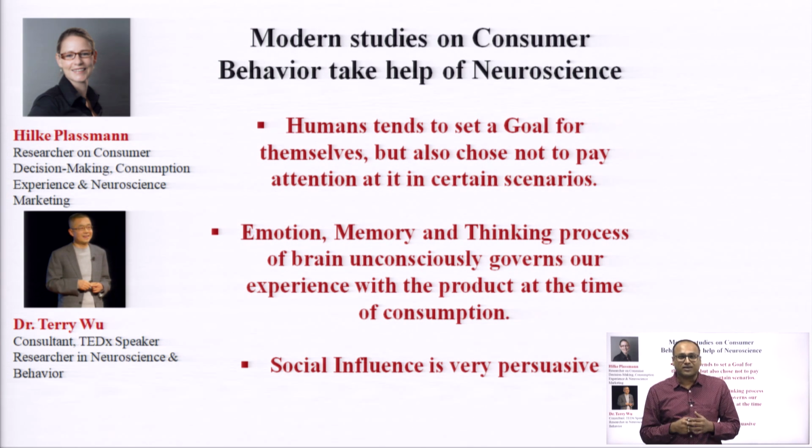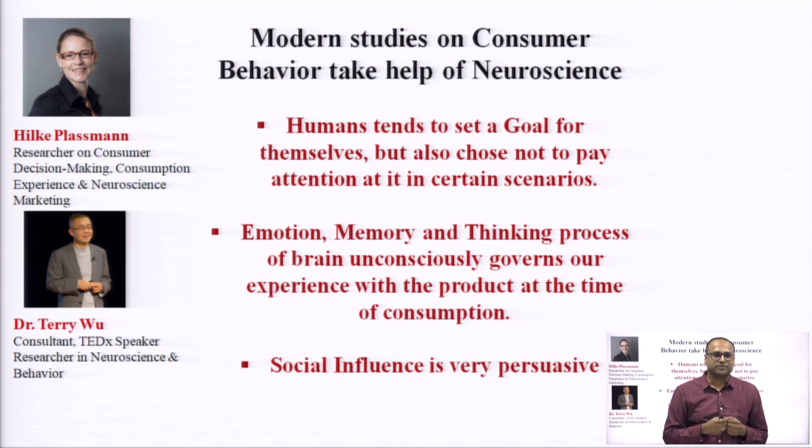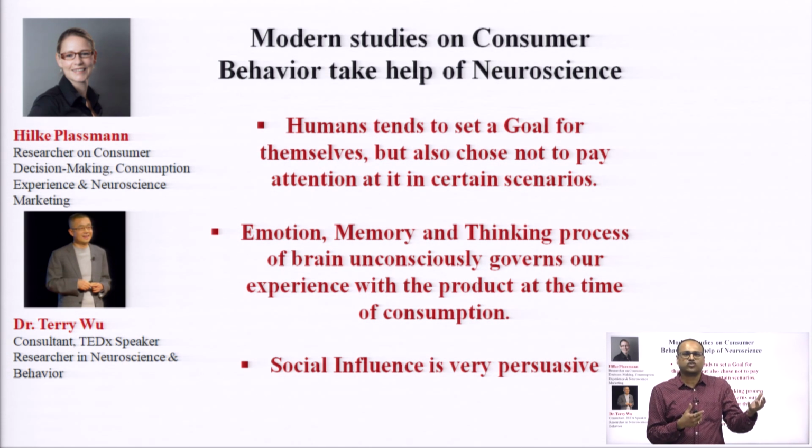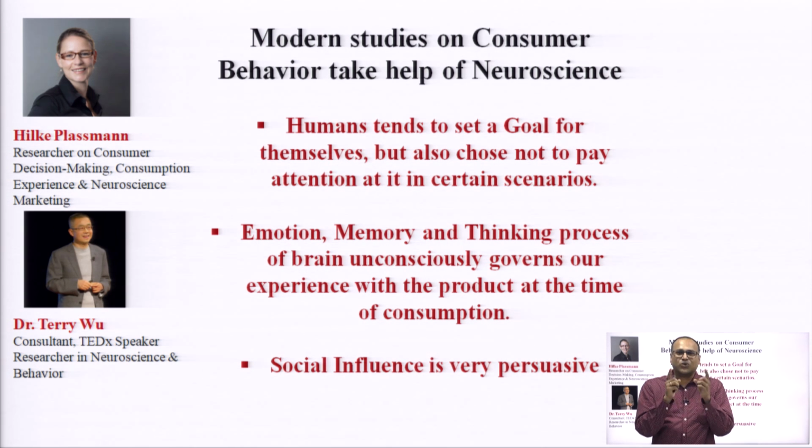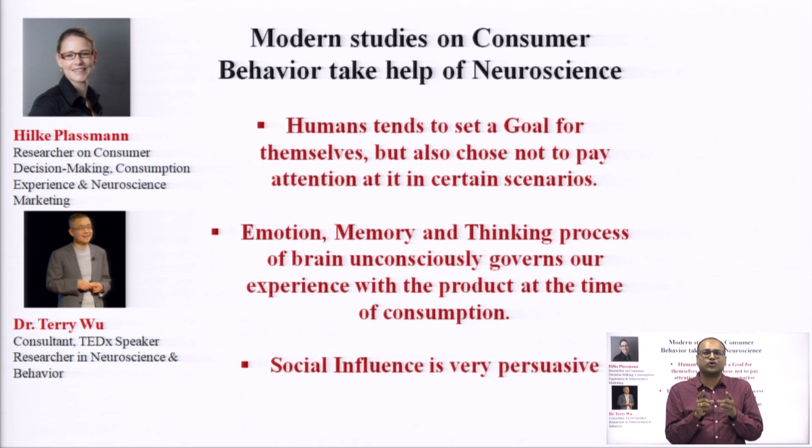What is the ignoring part? Let's say you go to a function, a family function, a marriage or something, and you find some very lucrative, exotic food items there. You couldn't avoid noticing it. Once you noticed it, you wished you could have it. Now you have a goal to stay fit, and you have seen an exotic dish you want to have. At this point you are trying to ignore your goal, you go toward the counter where that exotic dish is served, and you eat it.